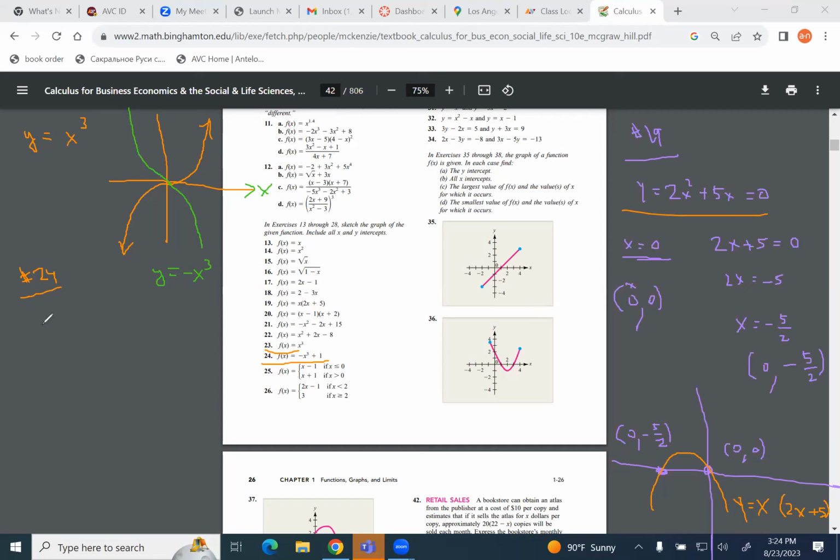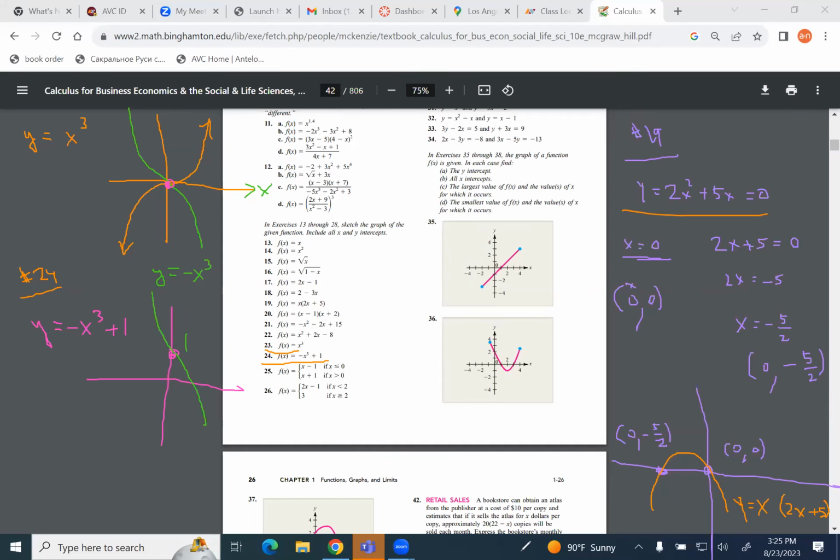And then in exercise 24, where they want to add 1 to this negative x cubed, well, turns out adding 1 to the whole x cubed will bring my graph upwards by 1. So instead of sitting here at the origin, now the graph is going to be moved up by 1. So it's going to sit at the point